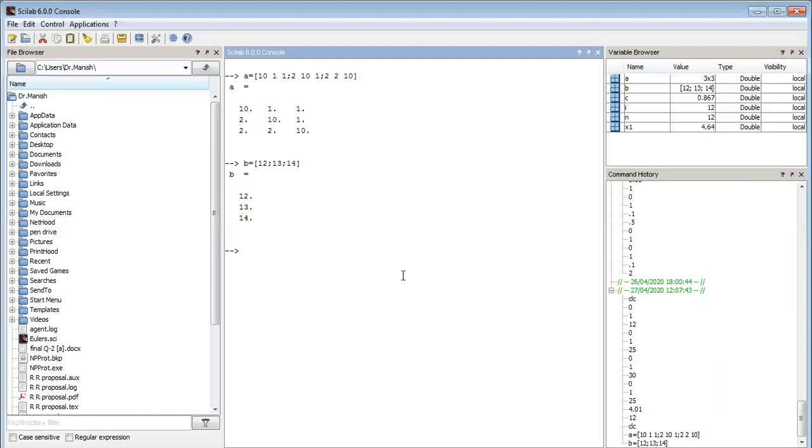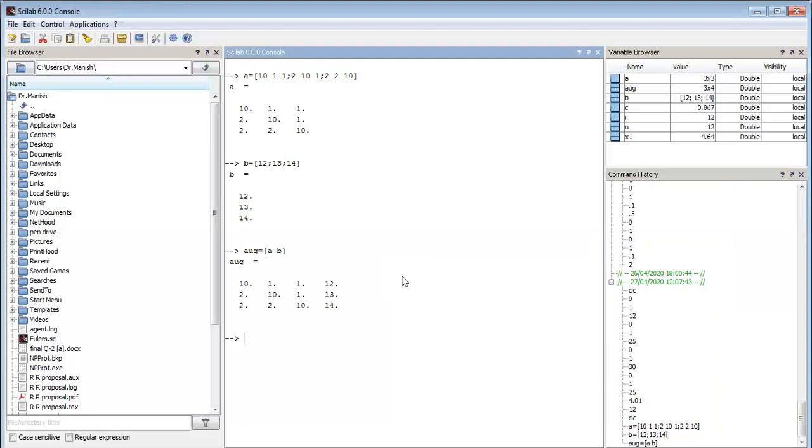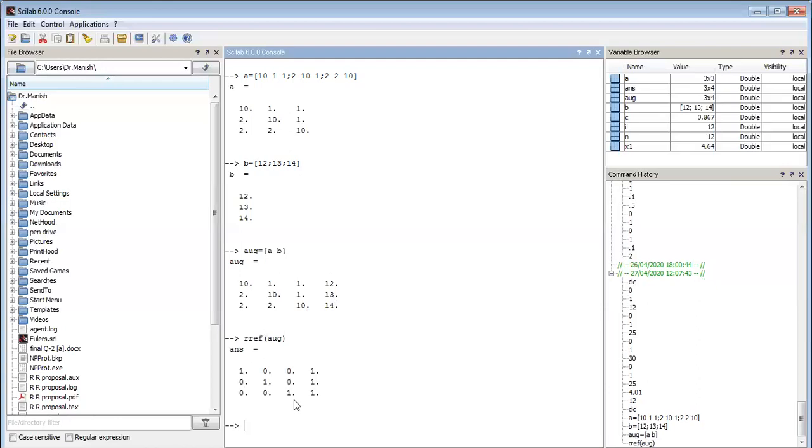Now we have to find the solution for this by using the Gauss elimination method. So we just write down the augmented matrix. How do you write the augmented matrix? It is A comma B. You just write down the entire matrix. You can see that augmented is equal to A, B. So here you can find the matrix A with the entries of B. And now you just say rref of this augmented matrix, that means you can use the reduced row echelon form of this matrix. You can see that diagonally we get 1, and the remaining entries are 0. That is called the row reduced echelon form.